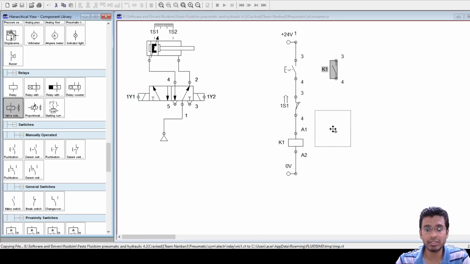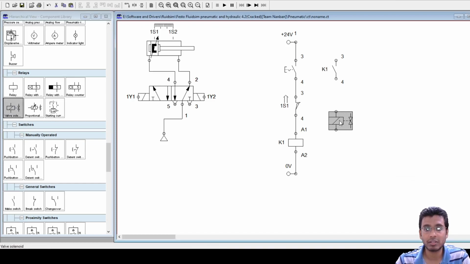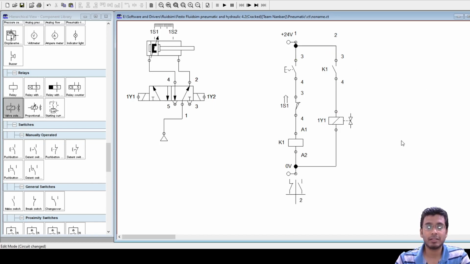You should energize 1Y1. And with this, what would happen? My cylinder would extend. The moment my cylinder extends and reaches its other end position, my limit switch 1S2 will get triggered.